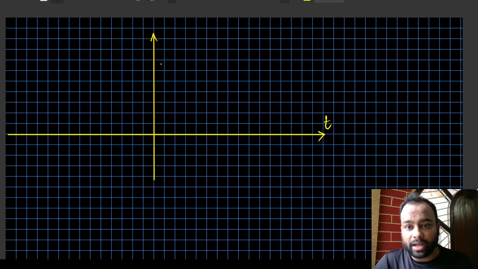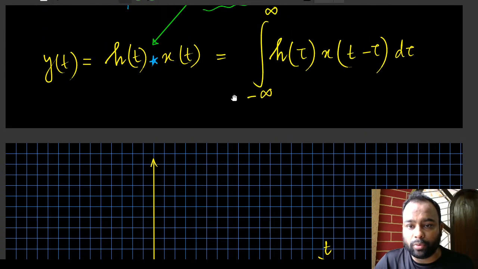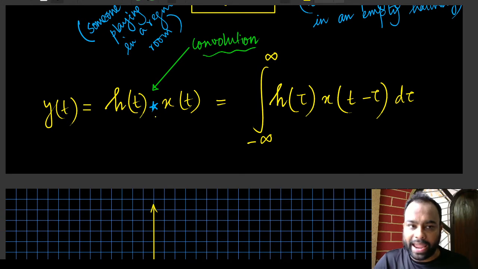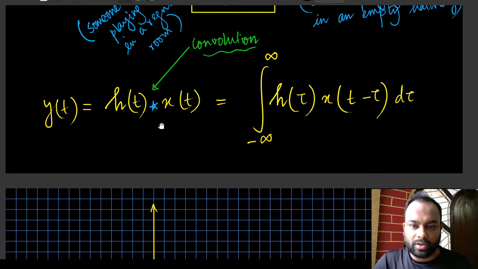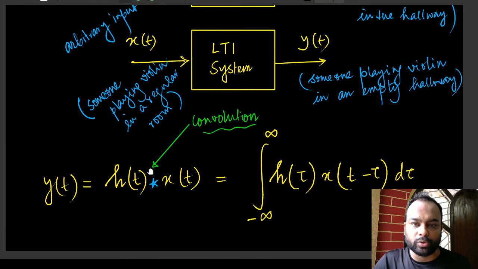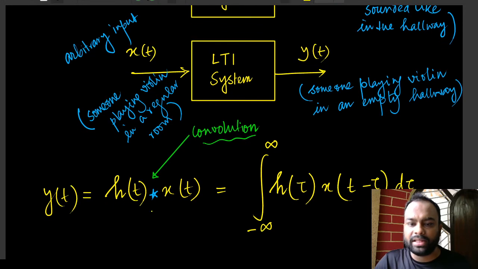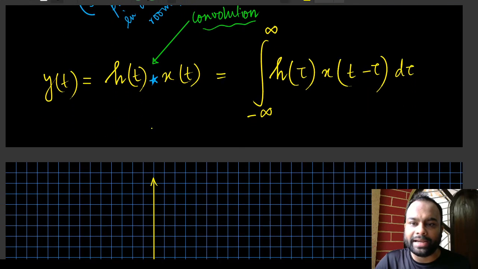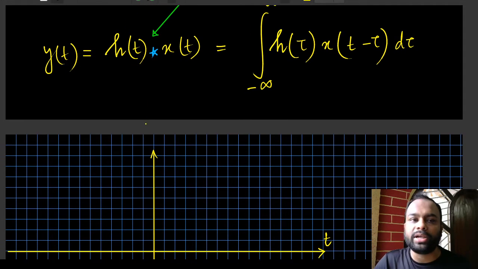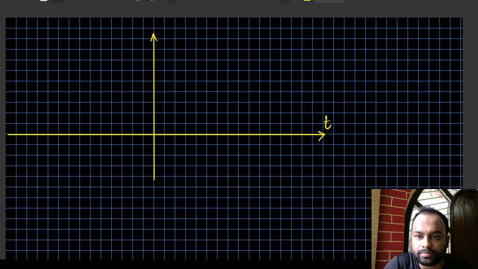Even though I'm talking about the impulse response and the input, this convolution can happen between any two signals. For our purposes, we are talking about the impulse response of a system and the input, but the convolution operation is mathematically defined and applicable to any two signals. They do not have to satisfy any criteria at all, and they do not need to come from linear time invariant systems. If we have two signals, we can always do the convolution. But what it means would differ for different situations. So with that aside, let's define